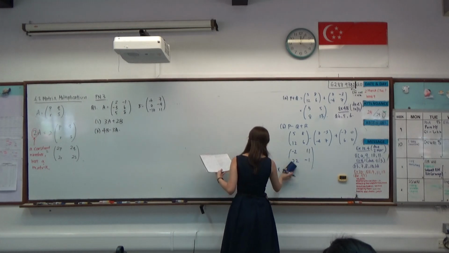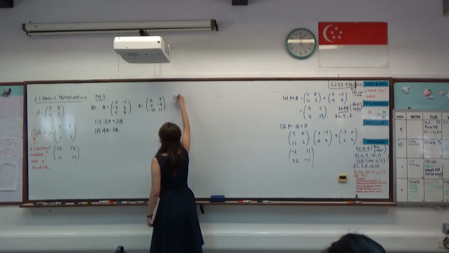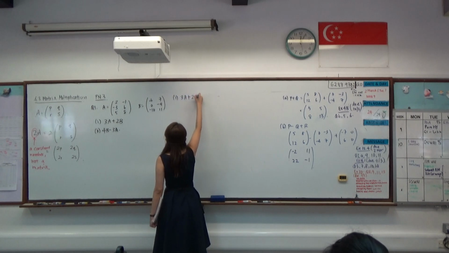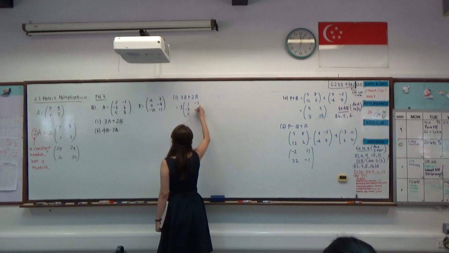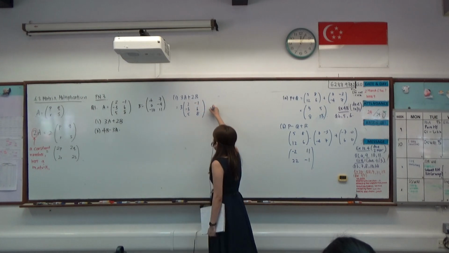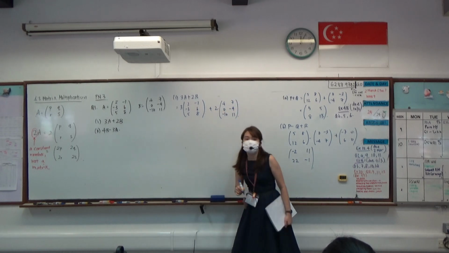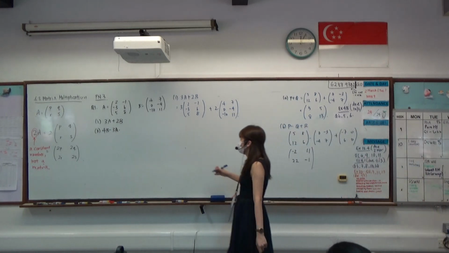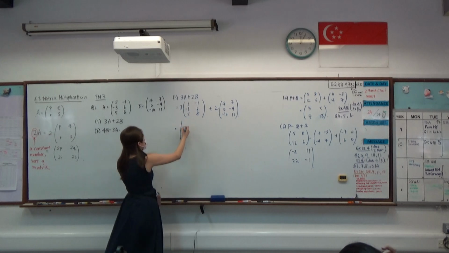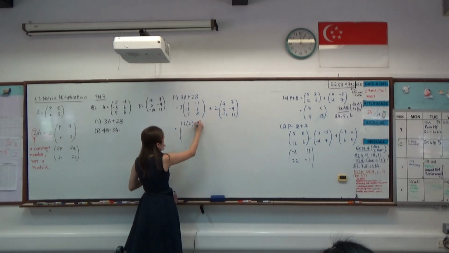So it will mean to take 3 times the matrix A and 2 times the matrix B. Then we add the elements correspondingly. So 3 times 2 plus 2 times 4